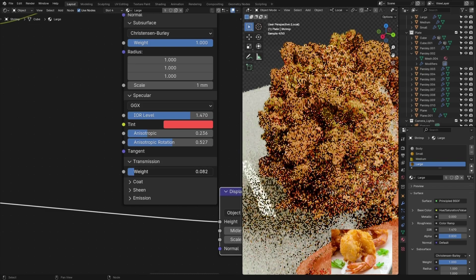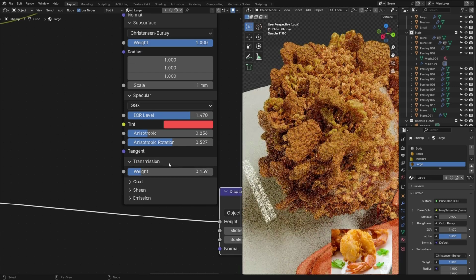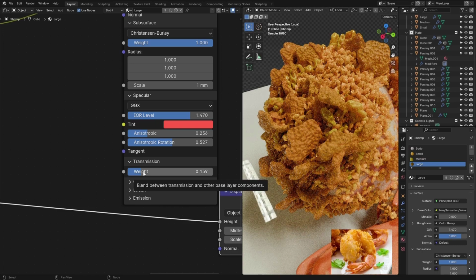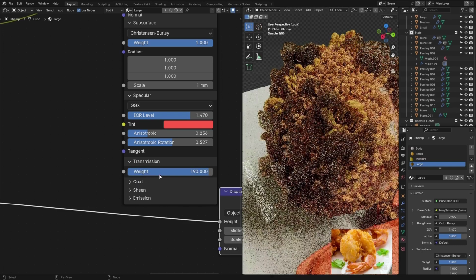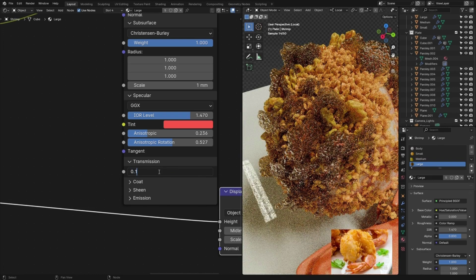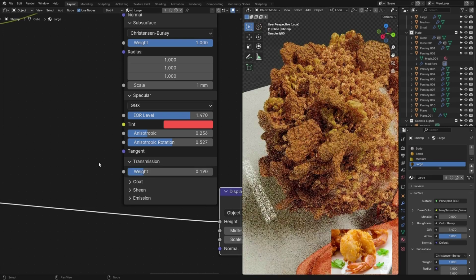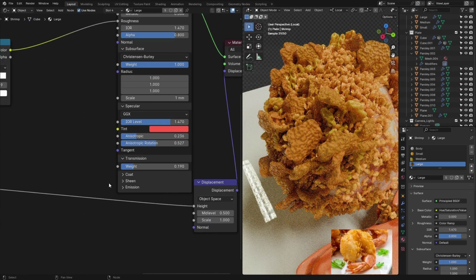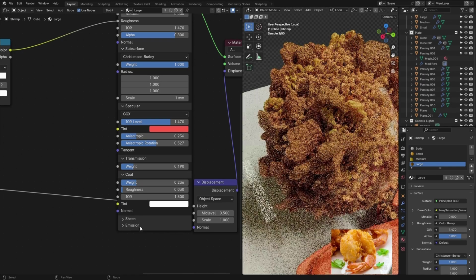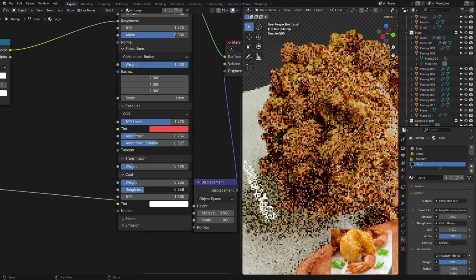I'm gonna add a bit of transmission, using this one for glass actually, but maybe it's not a bad idea to use it here. 0. Maybe 190. Right. Now coat. So let's go with a bit of coat, weight, rough it up a bit,